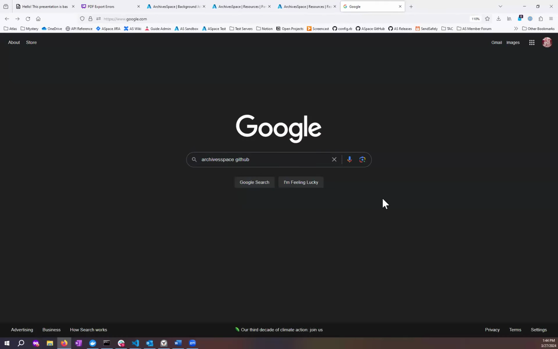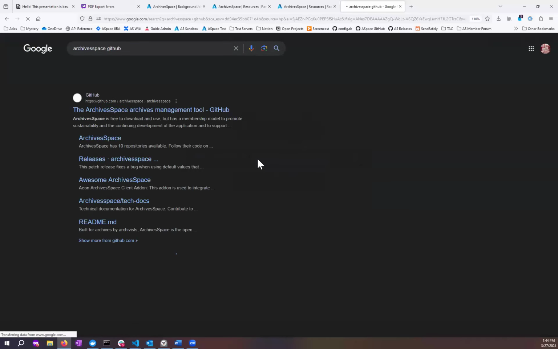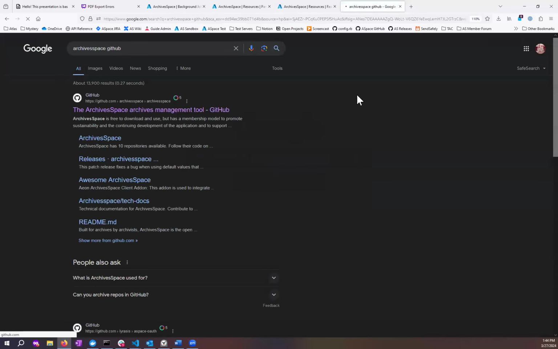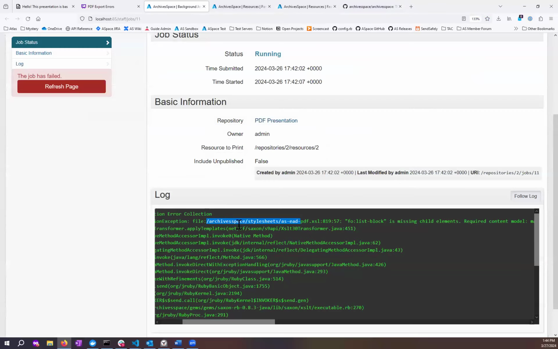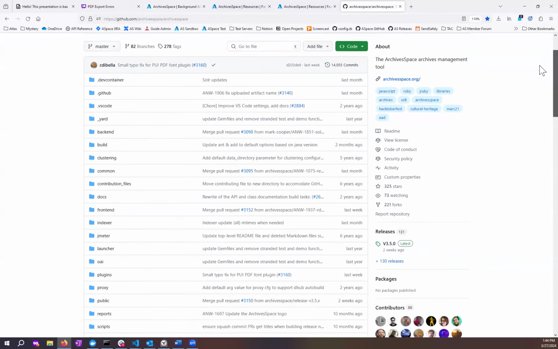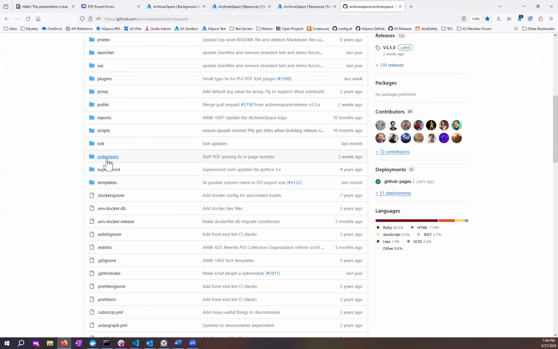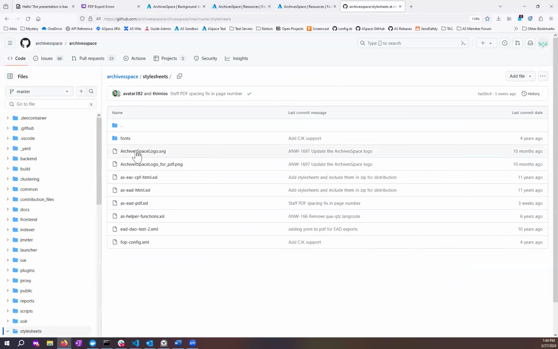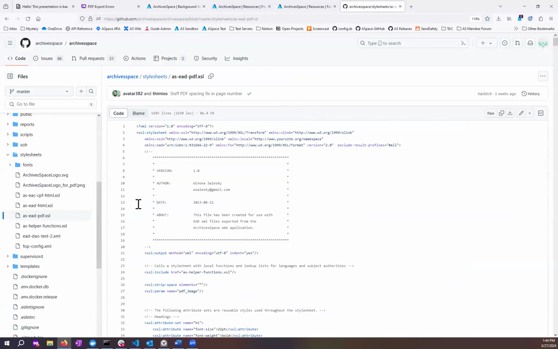Google ArchivesSpace GitHub. Go to the ArchivesSpace GitHub and follow the path that you were given: ArchivesSpace, style sheets, and I have it memorized, of course. So here I am on the ArchivesSpace GitHub, ArchivesSpace style sheets, ASEAD PDF.xsl. And then once you get here, even though you're not maybe comfortable or familiar reading what's on the screen,